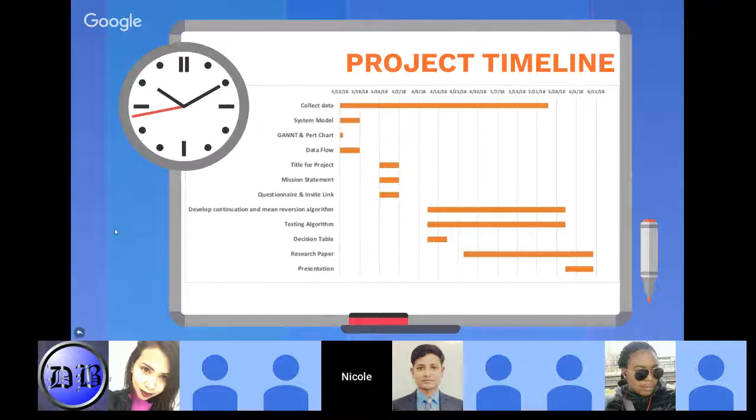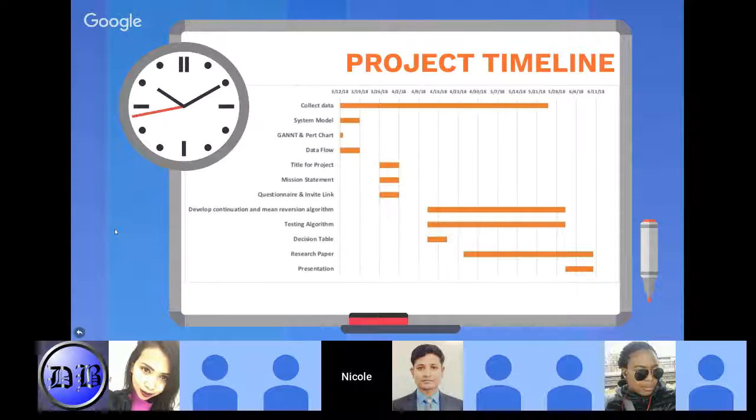Firstly, we identified the number of tasks which needed to be completed in a given amount of time. Then we placed those tasks on the very left from top to bottom, as you can see on the Gantt chart. On the other hand, the time interval is displayed horizontally along the x-axis. Also, in order to get a better sense of how long it took us to complete our responsibilities, we included the start and end dates, which can also be seen on the Gantt chart. As you can see in the chart,